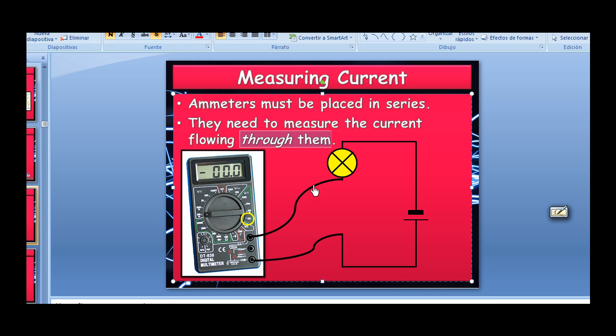Okay, and that's different. The reason why we emphasize this is because the situation is different with voltmeters. Okay,